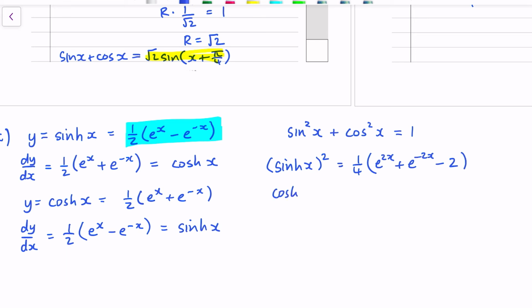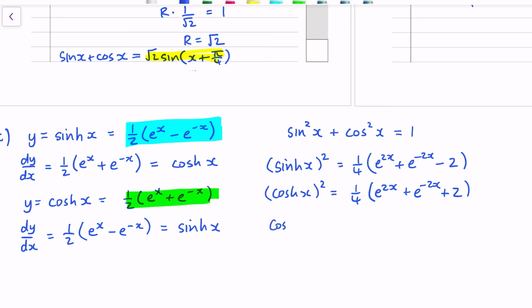Hyperbolic cosine, or cosh squared, I get, now I'm going to diff this one. No, not diff it, my bad, I'm just going to square it. A quarter, I get e to the 2x plus e to the minus 2x, but this time I get plus 2. Okay. And when I add them, I don't get any simplification, but when I subtract them,